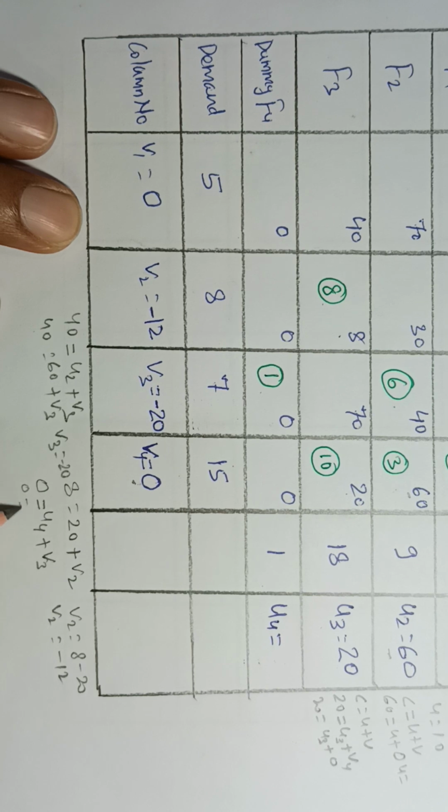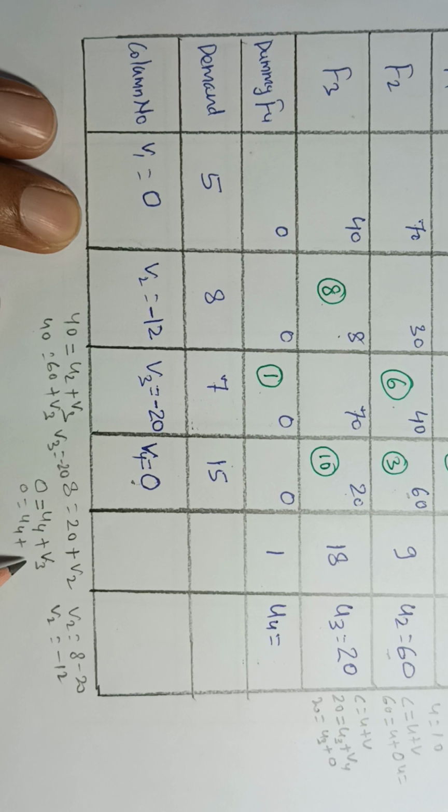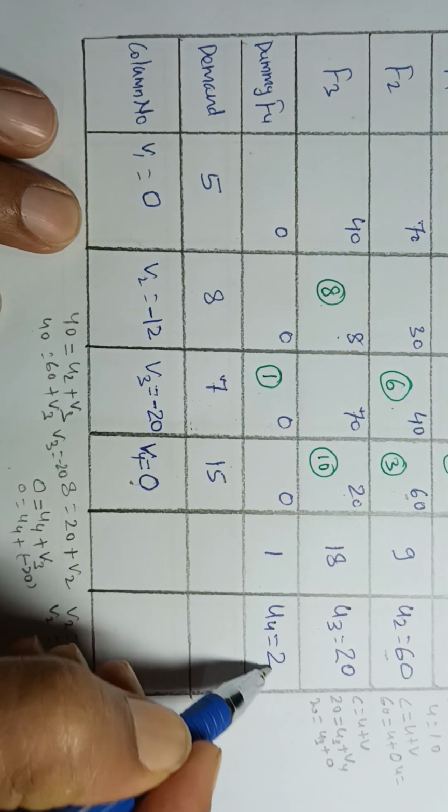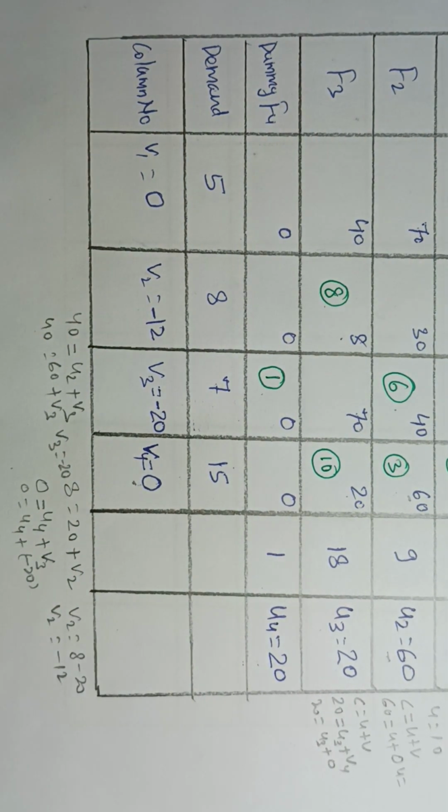So 0 equal to U4, which we have to calculate, plus V3 minus 20. So when minus 20 comes to this side, it will become plus 20. So U4 will become plus 20. So like this we have calculated the row number and column number for each row and